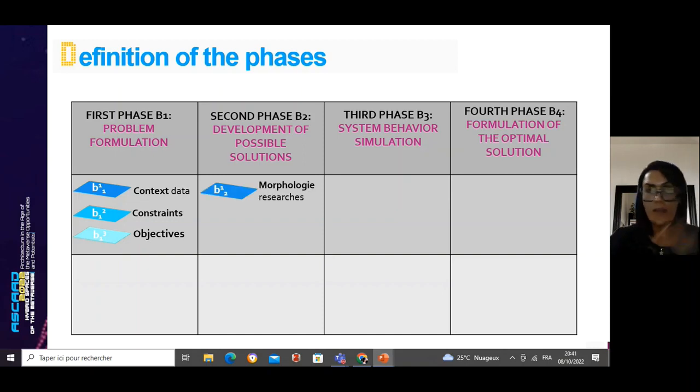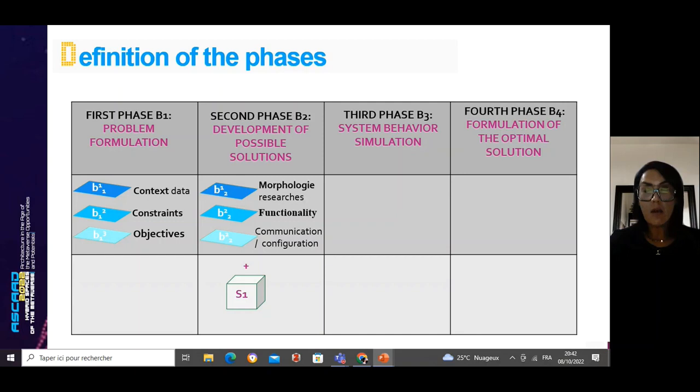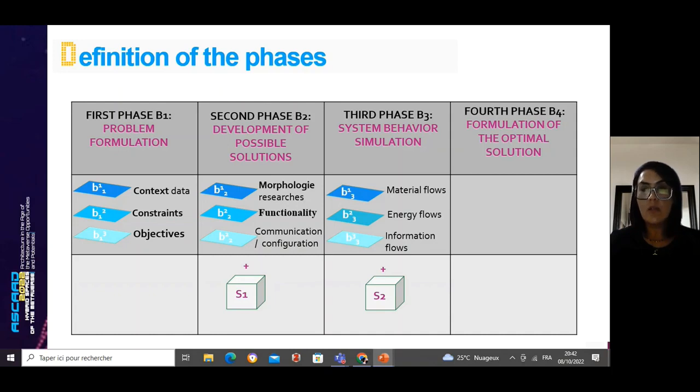The second phase is the development of possible solutions, and it contains morphology research, research related to function, and communication and configuration, and of course the solution from the first phase. The third phase is the system behavior simulation, and it contains the material flows, the energy flows, and the information flows, and of course the solution from